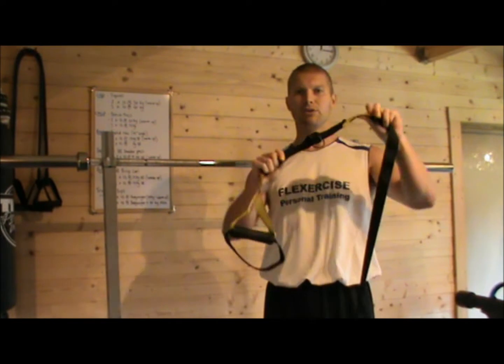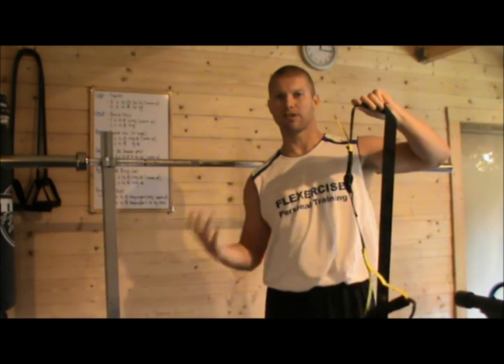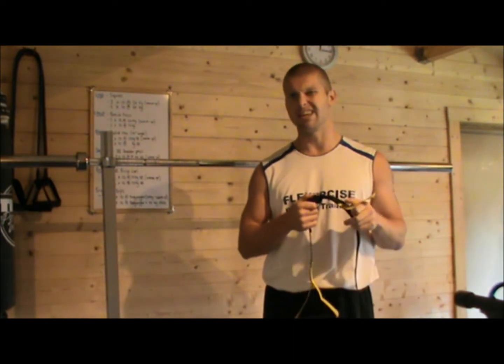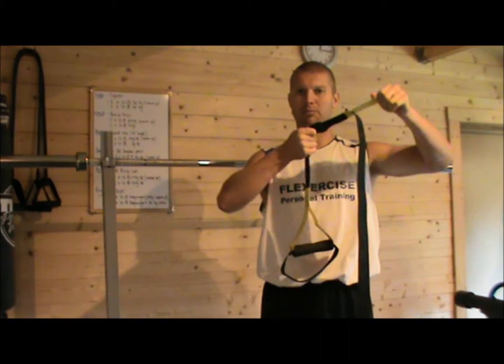Moving up the band a little bit, you can see here we've got a buckle in the middle. Now this buckle is a nice easy release buckle, and it will just make the length of the TRX smaller or longer, depending on how you want. Obviously the longer the band is, the more control is going to be needed, the shorter, the easier it's going to be. So you've got a little tab here, put your finger down on the little buckle,